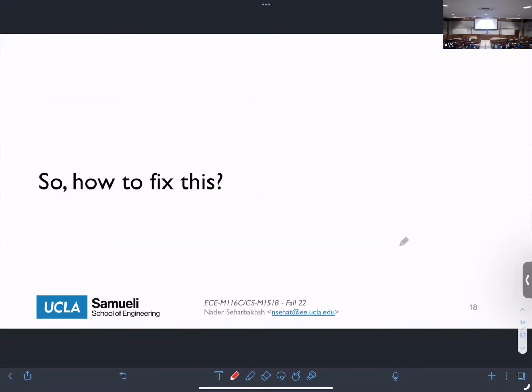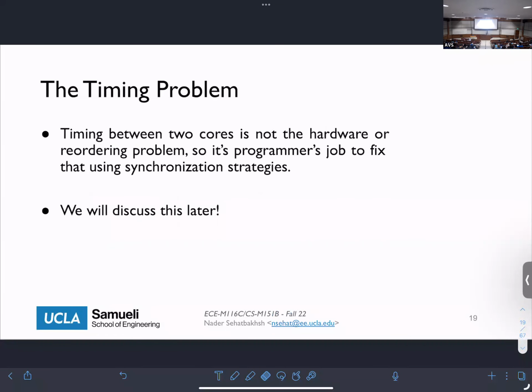Okay, so let's see how to fix the consistency problem, because this obviously needs to be fixed in order for us to be able to use this. As I said, there are two separate problems. The number one problem is the timing problem: you have two separate cores and they don't have any way of knowing where the other is. And this is not a hardware problem. This is just the way that you are writing your